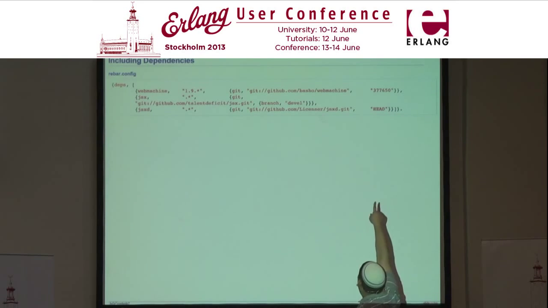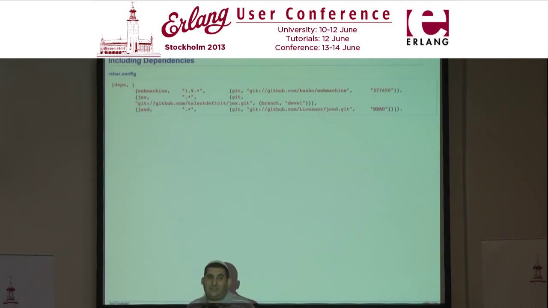So what you can do is, on the top line, I have 377650, which was the most recent commit on Web Machine as of whenever I wrote this this morning, maybe a more recent one now. And that'll tell it to do the same thing, except instead of getting the head of the repo, it'll take a specific commit. So you can be sure that all of your servers and all of your development environments are using a consistent version of Web Machine, or whatever your dependency is. If five of us are working on a project and you said head,